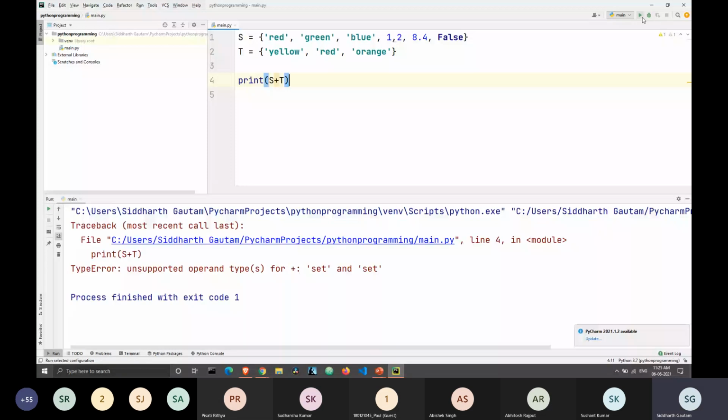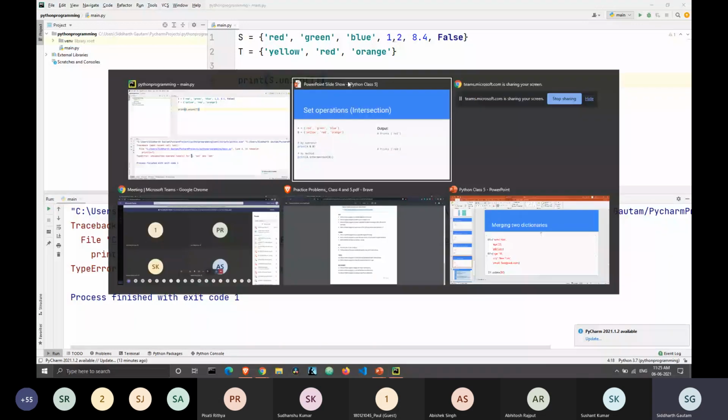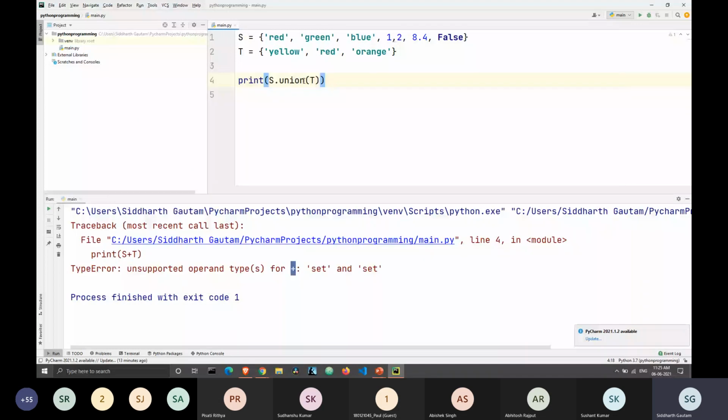Okay, so now we start with intersection. Intersection means that the elements which are common in S and in T, only those will get printed. Let's remove this union, and here I will type intersection. PyCharm already filled it for me, and I will print this. As you can see, the only output here is red.